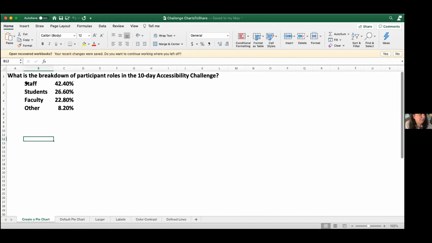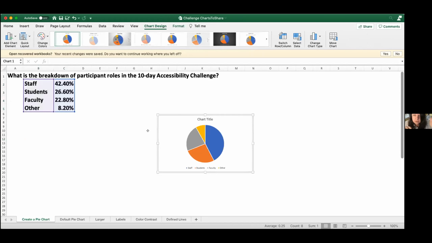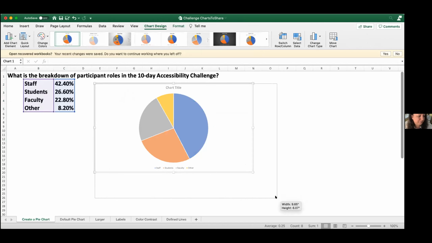So if you are somebody who works in Excel or not, this is a fairly easy task. You would highlight this and insert a chart, and I knew I wanted a pie chart. So I'd come down here and I would just grab a pie chart. And it's going to pull that up for me right away. I'm just going to make this a little bit bigger so you guys can see it, but